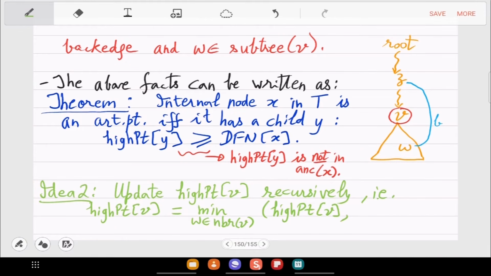And by the end of the DFS computation, it will go as close to the root as possible. So it's a minimization step. So the previous high point of V, you will take the minimum of that with the W that you have learned. Okay, so this is basically capturing the information from the child. When you go from V to W, W's information can be useful in updating the information of V. Okay, that's the recursive step.